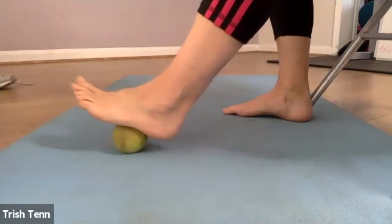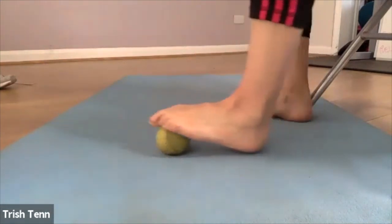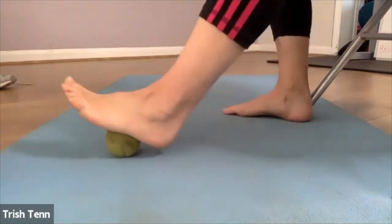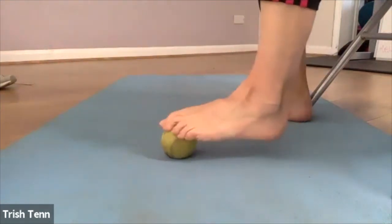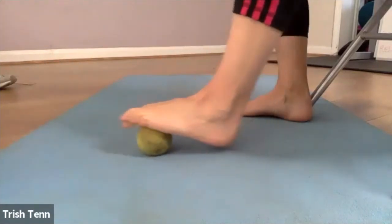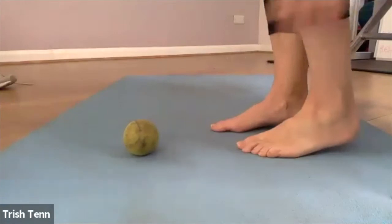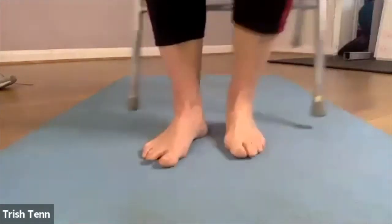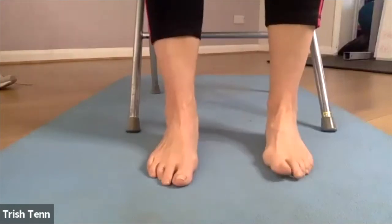See how you get on. So keep going on that side as well. This is to help massage and soften the arches and relieve any pain or tension in the arch of the feet. Well done. Okay, when you've done your 2 or 3 minutes on each side, we're going to move on to